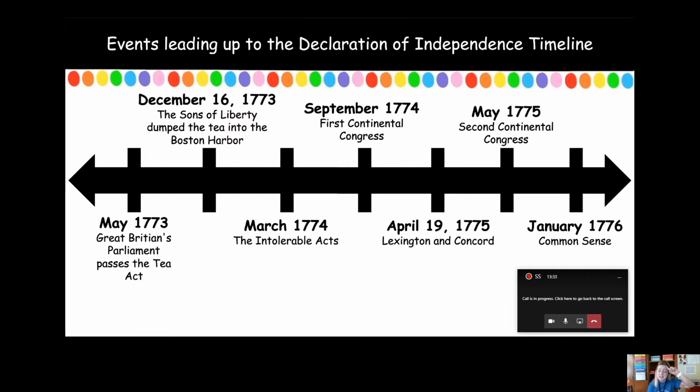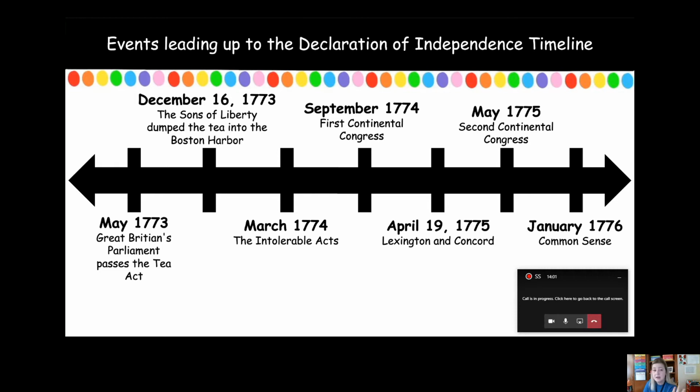Now, we got to keep George Washington in our brain bank. I know some of you already know who that is, but keep him in your brain bank because he comes in a lot later on, okay? So this, in the Second Continental Congress, is when they create the Continental Army, and they have George Washington leading them. So, with that being said, we are on our last one of January 1776, when the book Common Sense